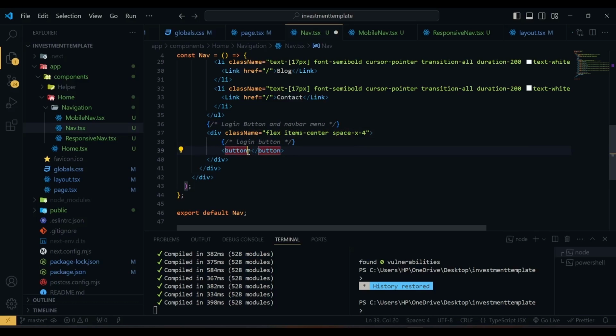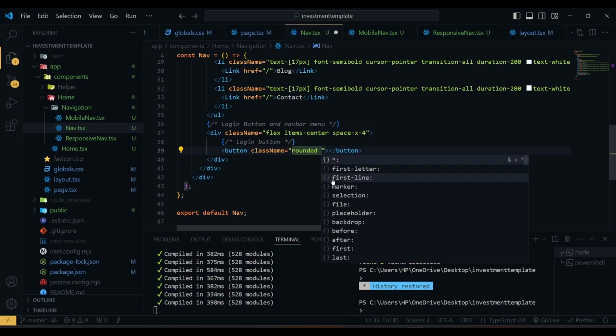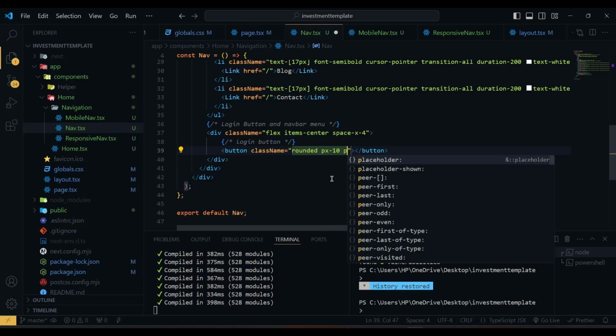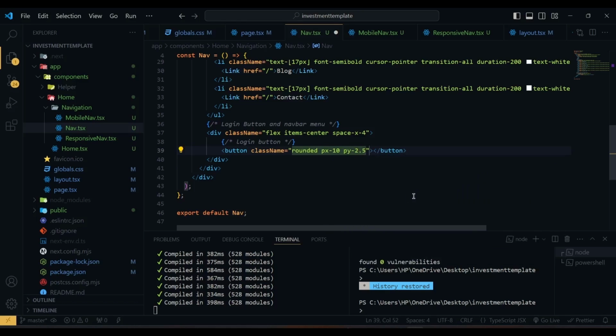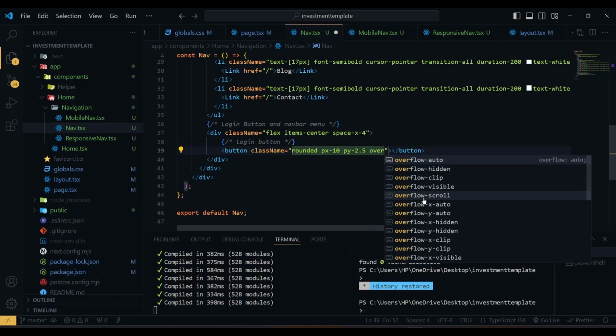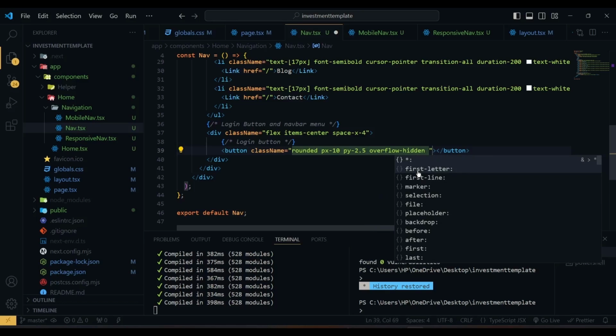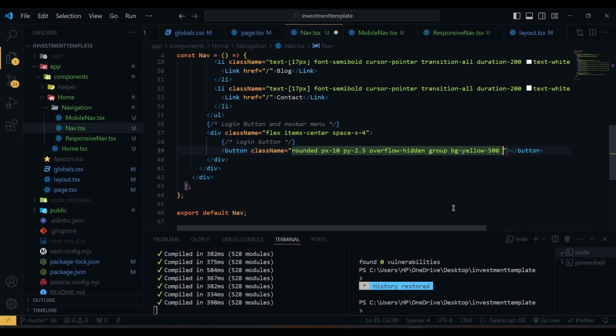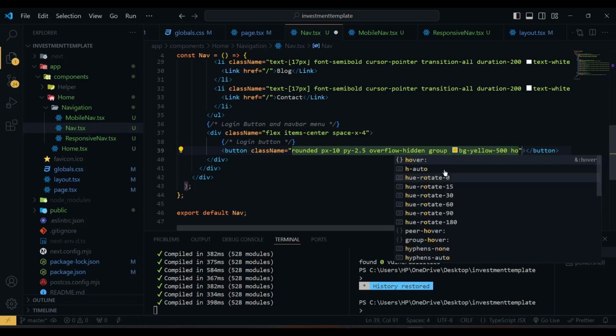This button has a class name of rounded, then we have px of 10, py of 2.5, overflow will be hidden. We are using the group, then bg yellow 500, then in hover it will be